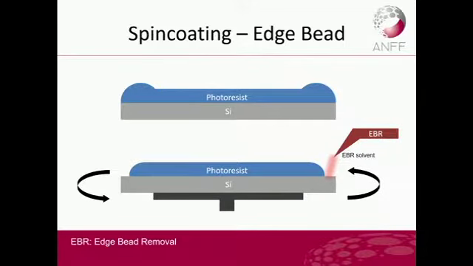But practically, if you just spin coat the wafer with your resist, you're going to get this edge bead effect. So the resist tends to be a little bit thicker on the edge. So what we usually do is we use an edge bead removal process. While we are spinning the resist, we shoot a jet of solvent to clear out the edge so that you